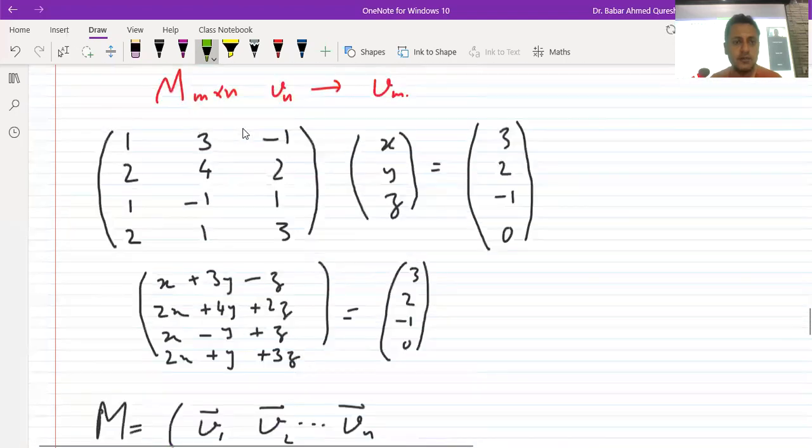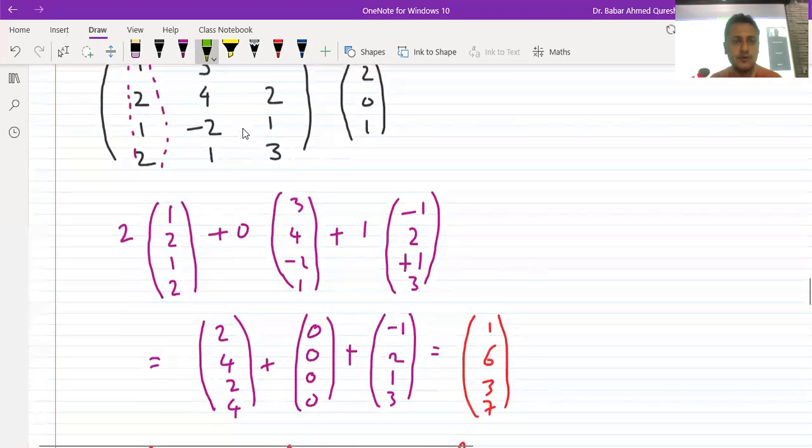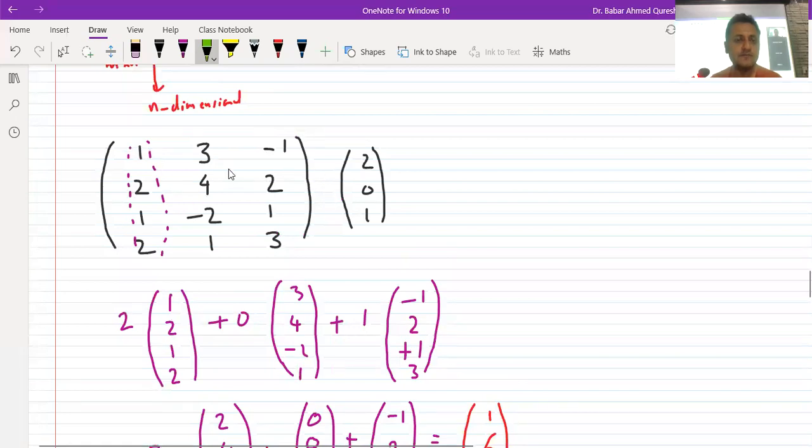So if I use this second method to compute this product,